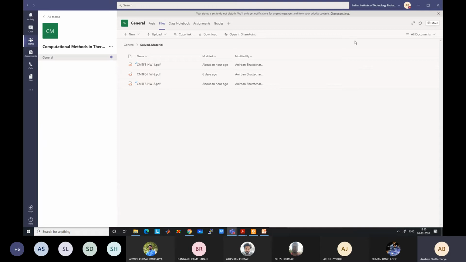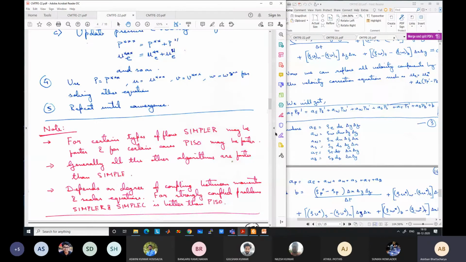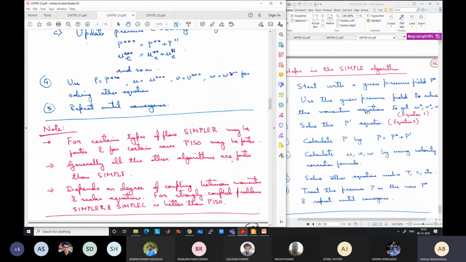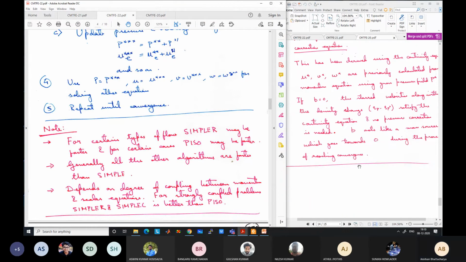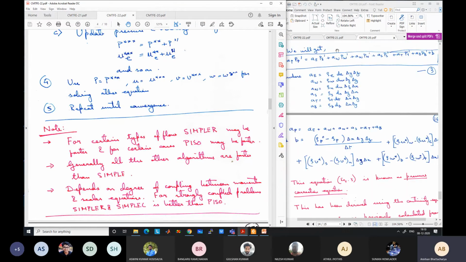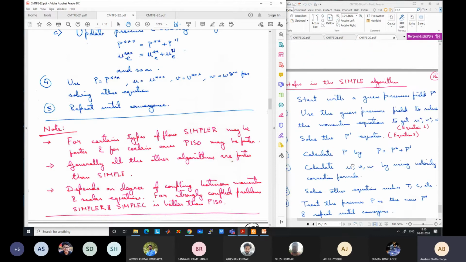We have studied a lot of things like convection, diffusion. So from that part, you can expect something from the Navier-Stokes. I can ask you to write the algorithm for, say, SIMPLE. If I ask you to write the SIMPLE algorithm, do not write everything. Okay, algorithm is the algorithm. All these steps mean the derivation of SIMPLE, but the algorithm is only this. Okay.